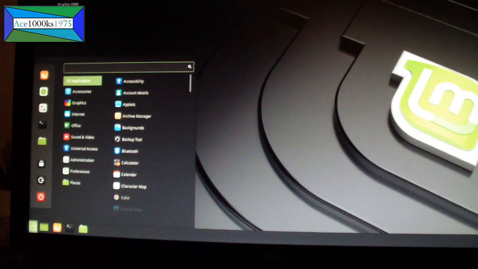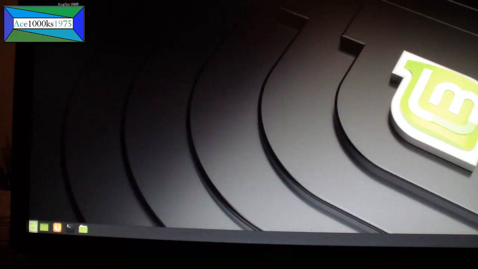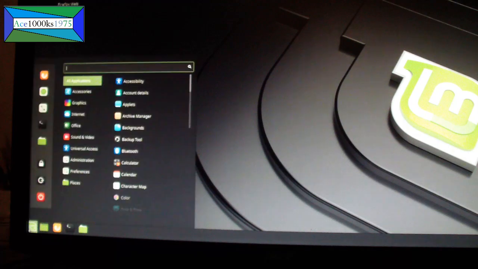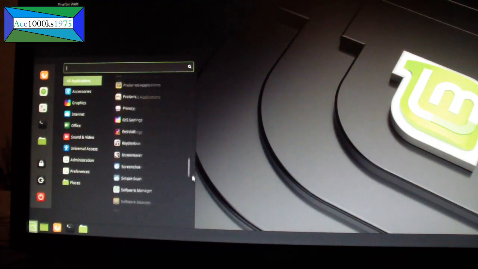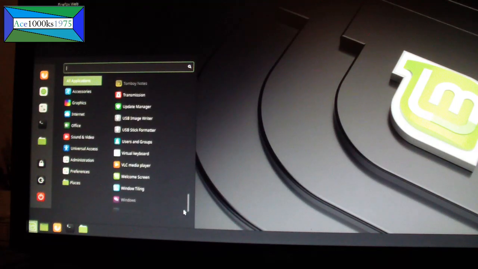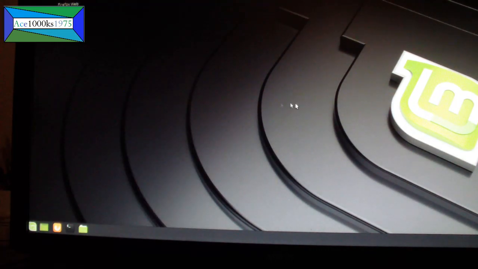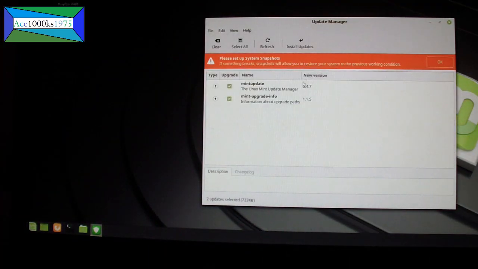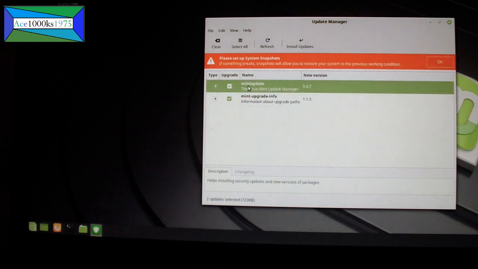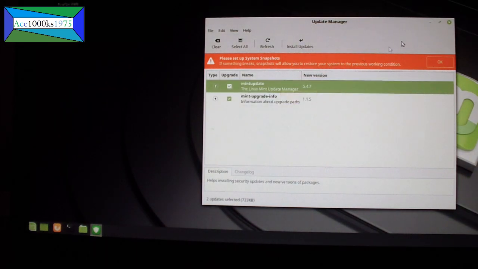Almost forgot one more thing. I'll show you how to update Linux Mint. So first you go here to the left bottom corner, and I think there's an update manager. There it is. So I want to update,